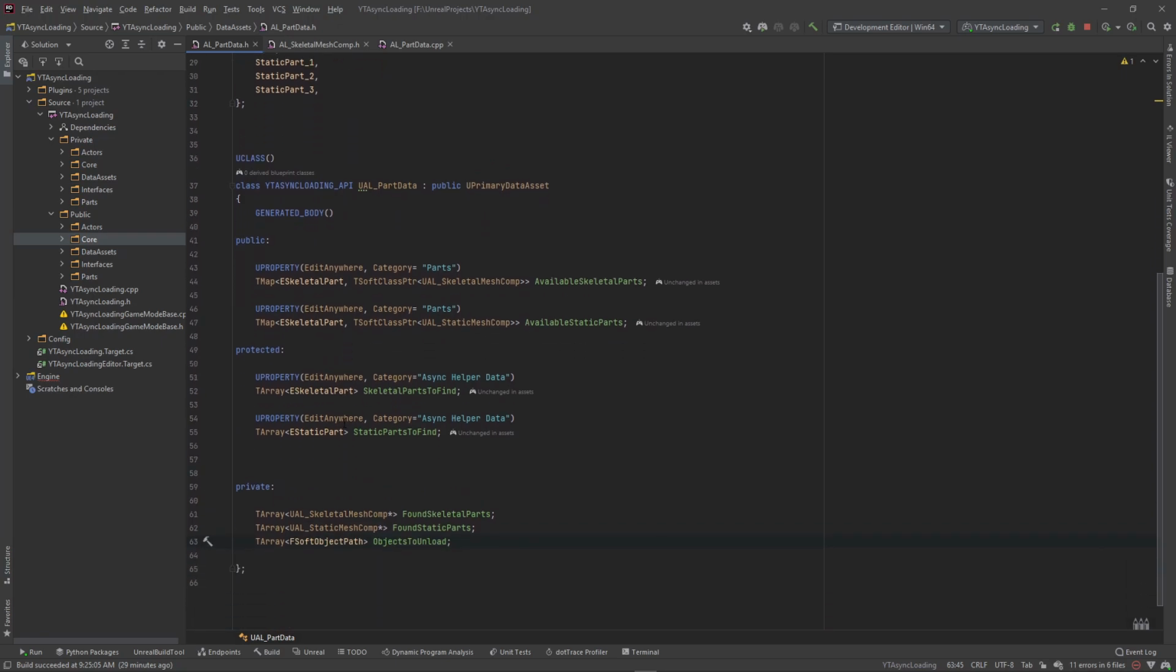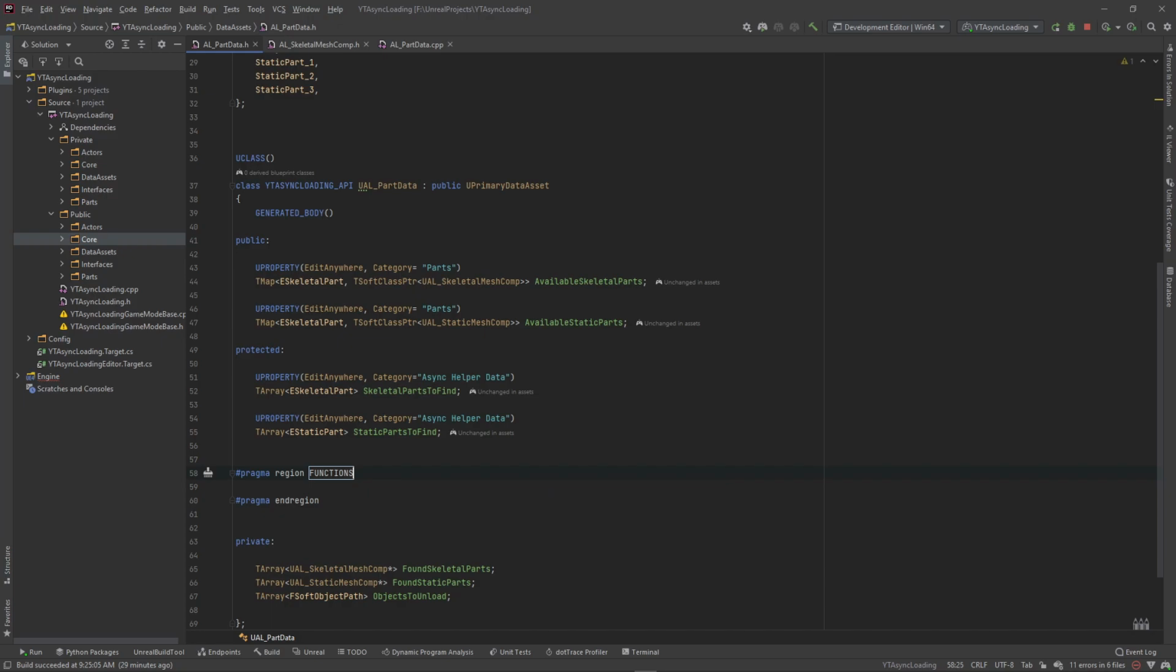Alrighty. So we got all of our data. Now we just need to create our functions to actually get the data loaded and get the data when we need to call for it, and actually just do all of the functionality that's needed. So in this protected section, I'm going to go ahead and create a region just to keep these all in one place, and I'm going to call it my functions here. Now we need a function to async load these available skeletal parts. We need a function to unload them, and we need a function to load these